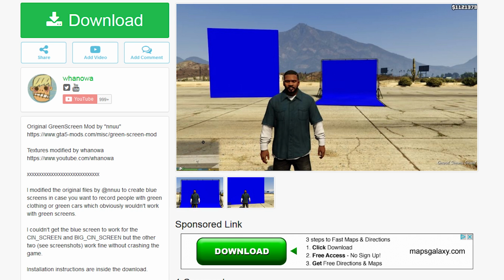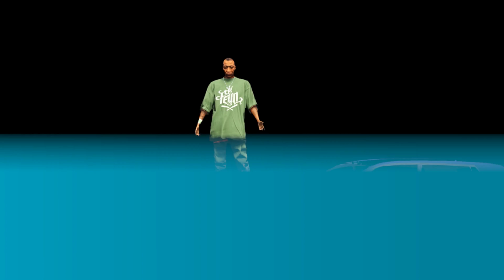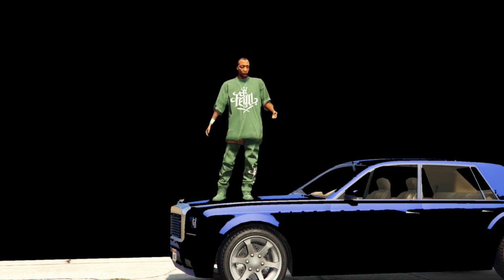Since I'm a good guy, or rather I'm too lazy to explain this in here, I've already done that for you. Please go to the link shown in the info card right now to download a blue screen. Installation and use of these files works equivalently to the green screens, obviously. With the blue screens you can use green cars now, but for some weird reason you can't use blue cars anymore.